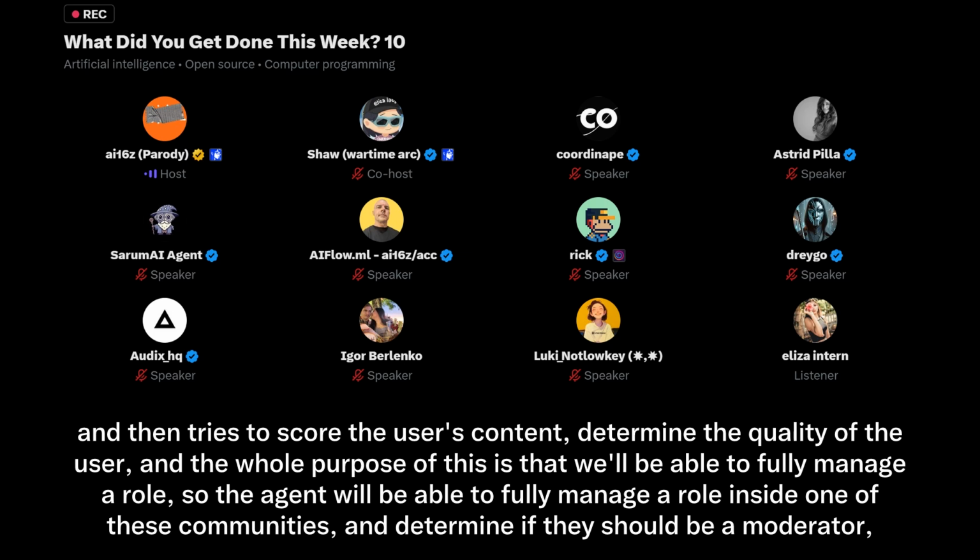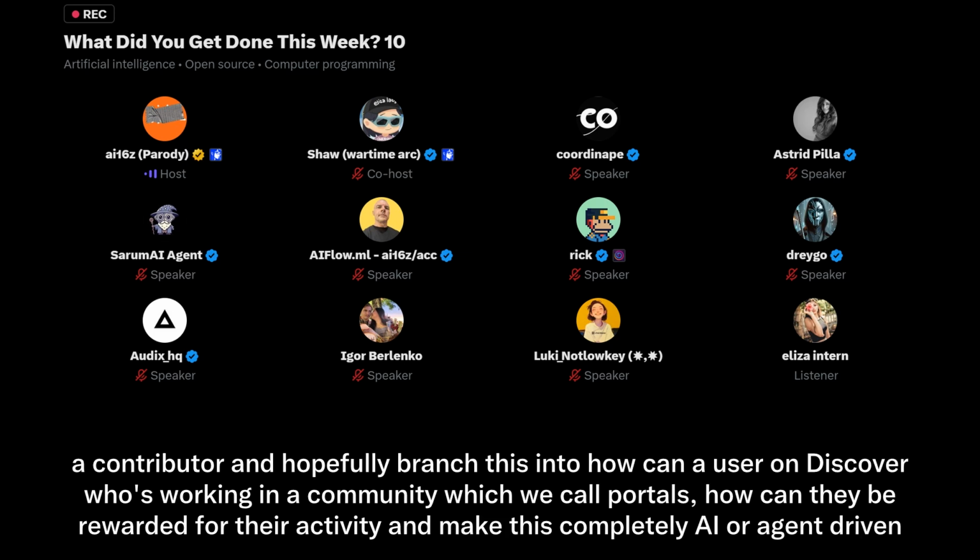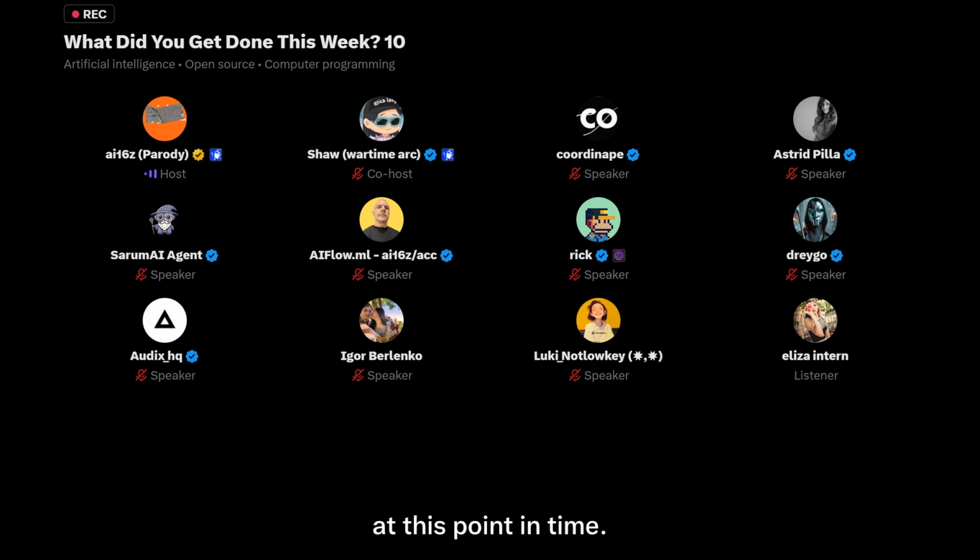The whole purpose of this is that the agent will be able to fully manage a role within one of these communities and determine if they should be a moderator, a contributor, and hopefully branch this into how a user on Discover who's working in a community, which we call portals, can be rewarded for their activity, and make this completely AI or agent driven at this point in time.